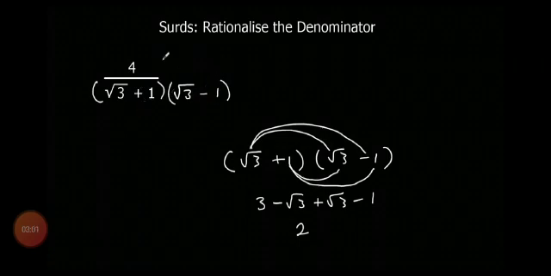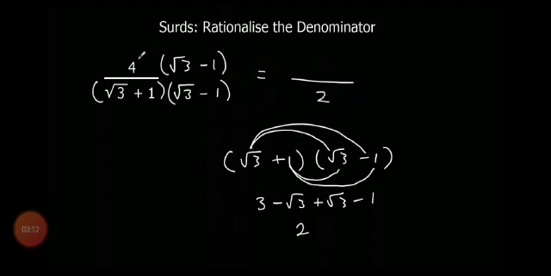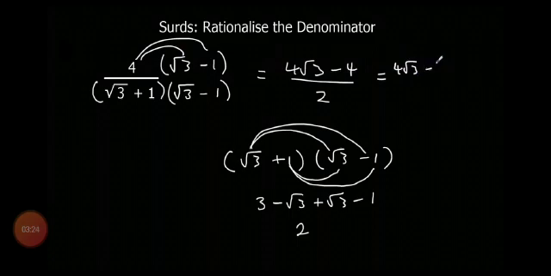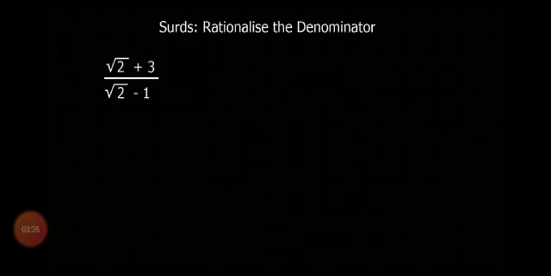Now we are going to apply this in the question. We will multiply with under root 3 minus 1 and also divide with the same number. In numerator we have to multiply 4 into under root 3, and then 4 into negative 1, which is negative 4. For denominator, as we have discussed, the solution is 2, so we put 2. Now for 4 into under root 3 minus 4 by 2, we will take 2 common and then we will divide.